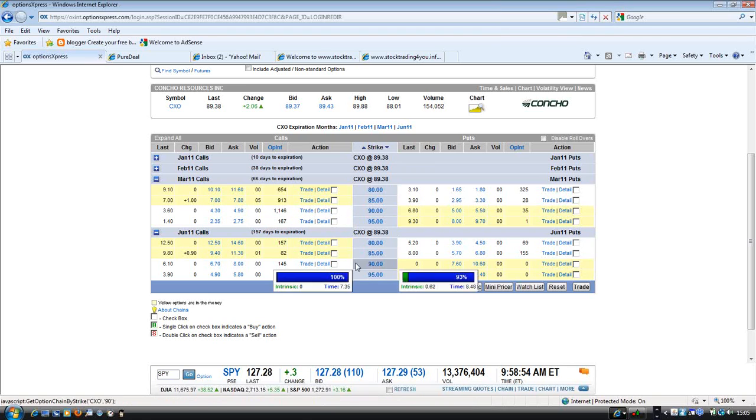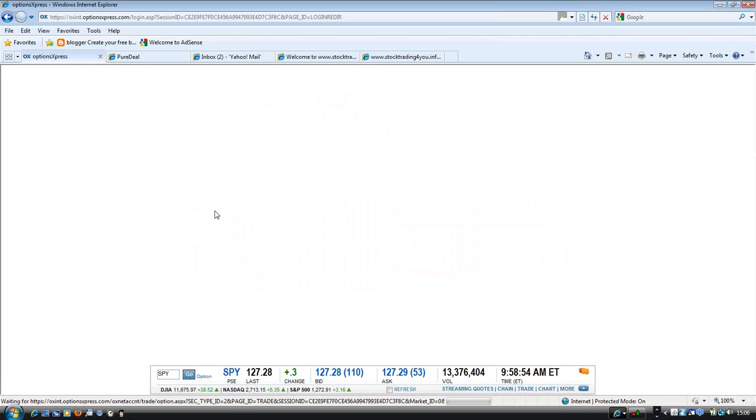So I'll just compare that with the June 90 call. As you can see, the June 90 call, the open interest is less and it's actually more expensive. Usually if the prices were similar, I would have gone for more time. But since there's a big difference in price, I'll stick with the March 90 call. So I'll just click on that,